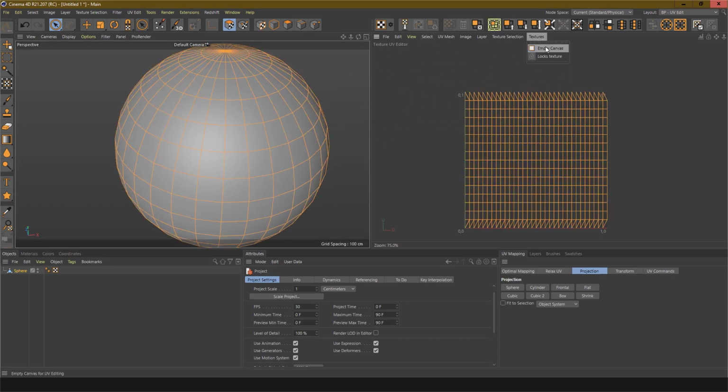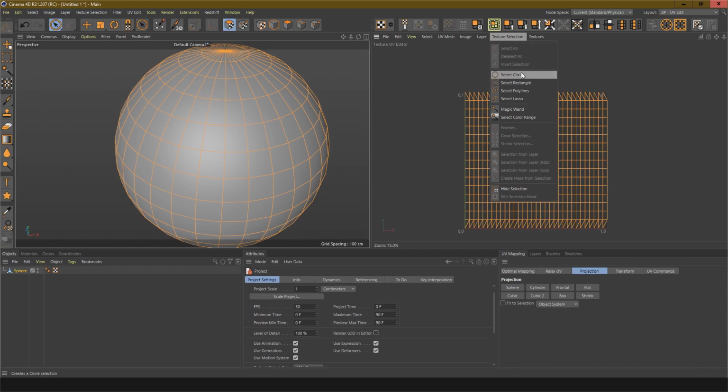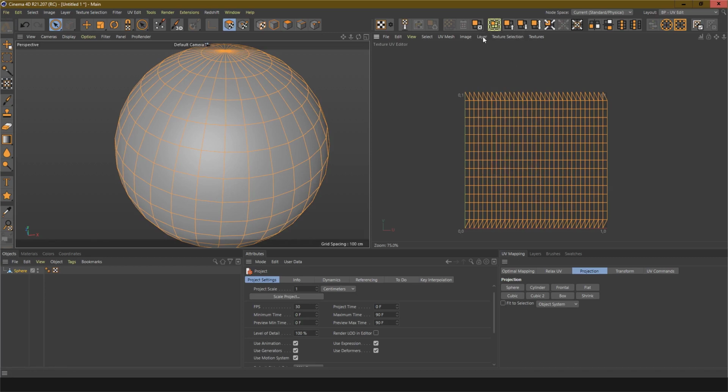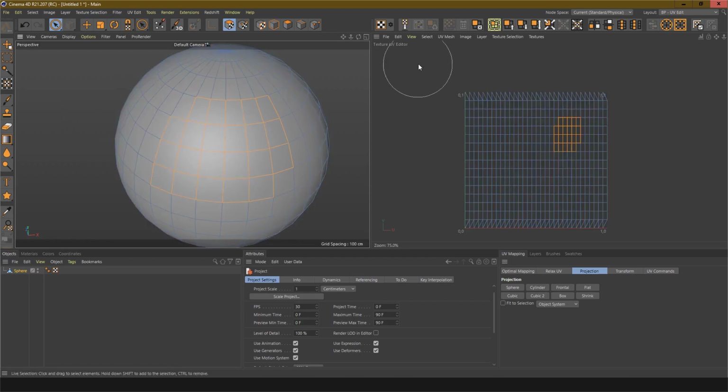This is the texture, an empty canvas. Select circle. This is the menu: image, UV mesh, select connected, hide selected. If you want to hide something, use hide selected. And if you want to unhide this,